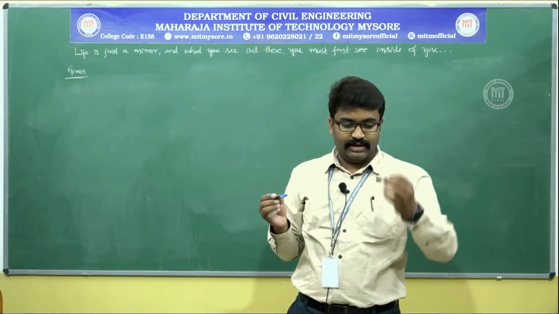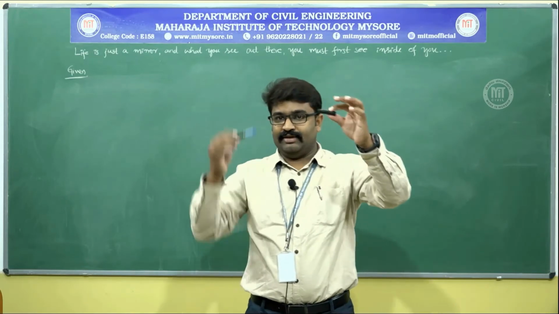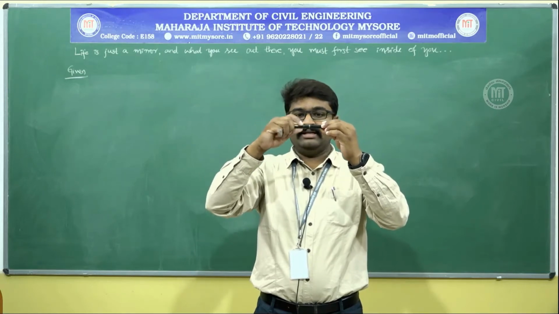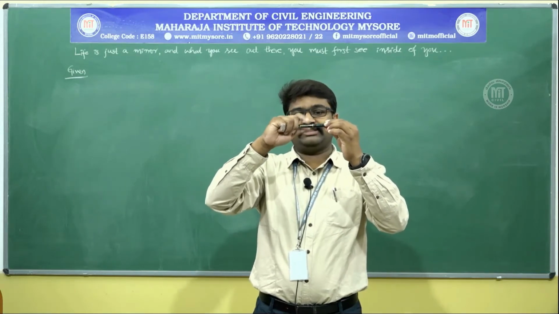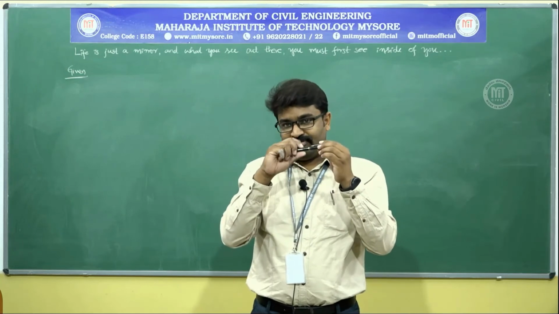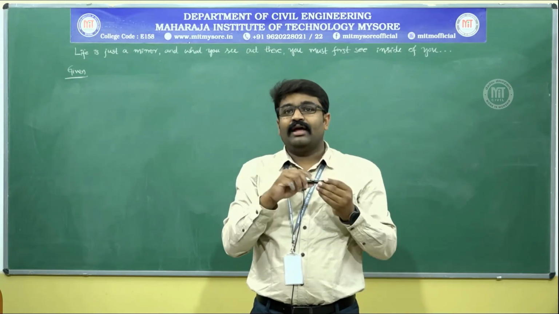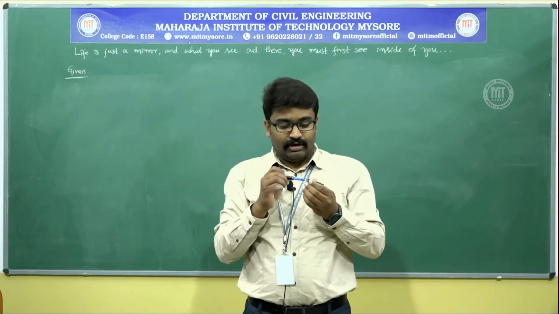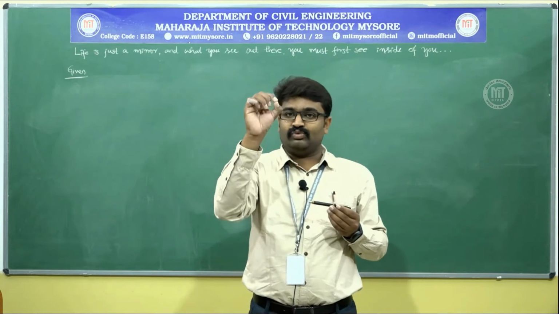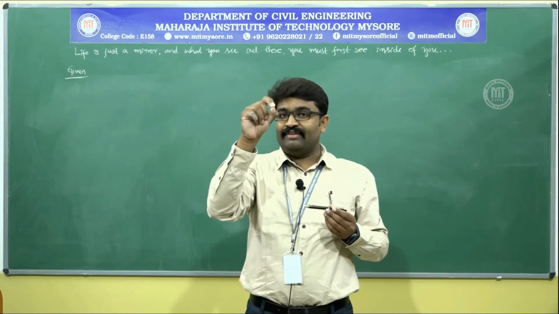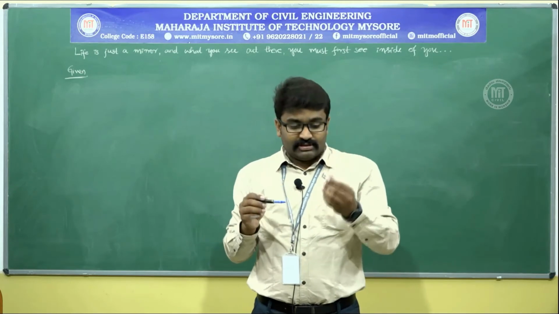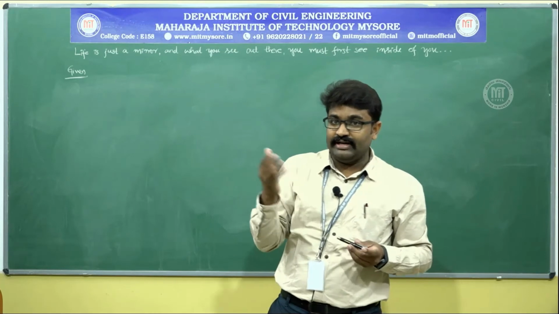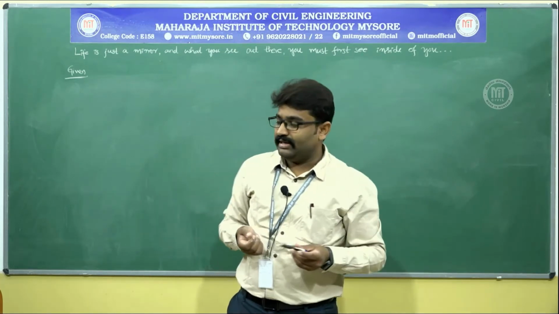Consider this cap to be the sleeve and this pen to be the shaft. If I put the shaft inside and start rotating, there is friction induced. To avoid that friction between the shaft and sleeve, an oil is used to lubricate between them. The lubricating oil is of thickness 1.5 millimeter, and you will have to calculate the viscosity of this lubricant. To get that, what are the things that need to be done? The data set for the same is given to you.